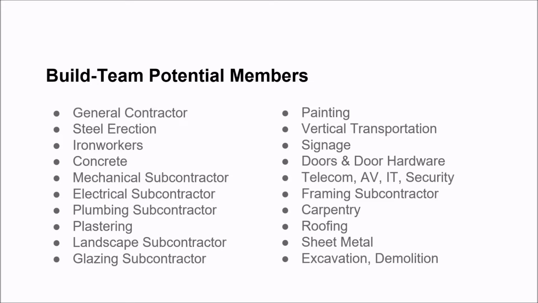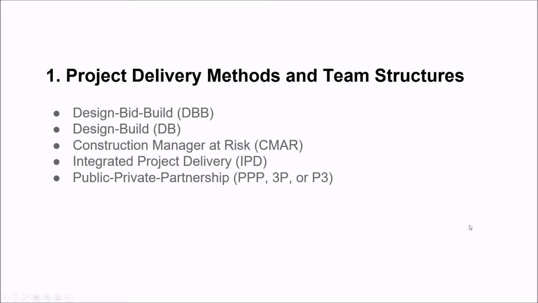On complex phased projects, GCs might even utilize 4D construction sequencing, 5D cost, and 6D project lifecycle information. It is important to understand how those models, both the design teams' and the build teams', might relate to one another given different team setups, contracts, and delivery methods. So what are some of the most common project delivery methods?